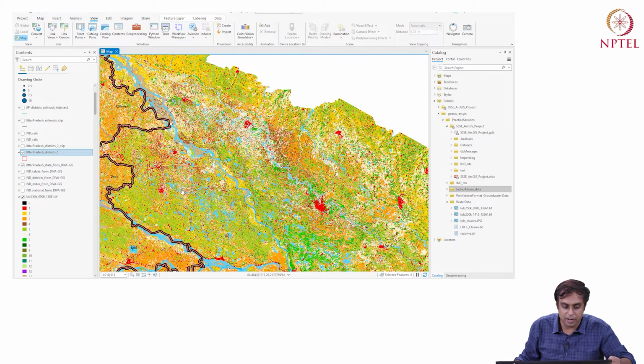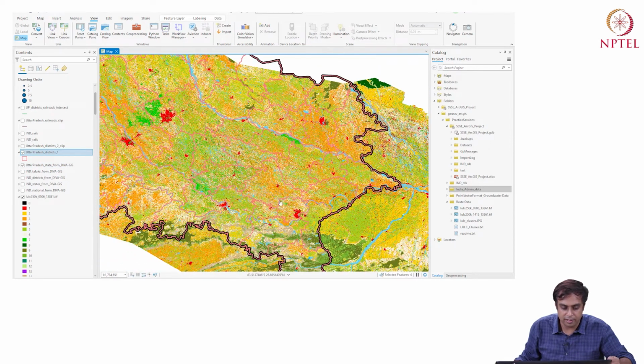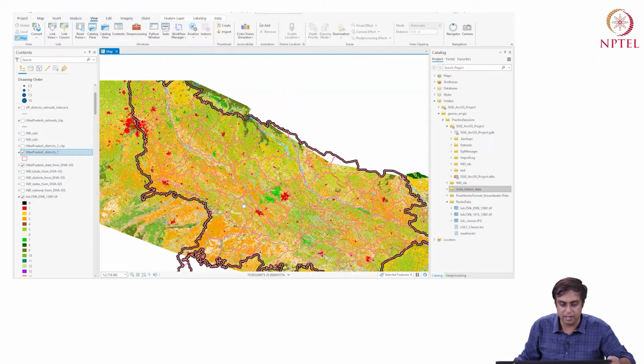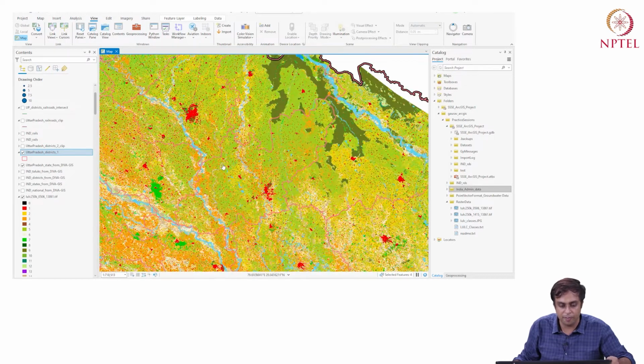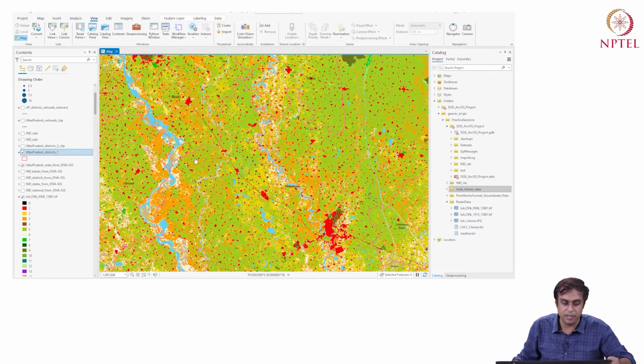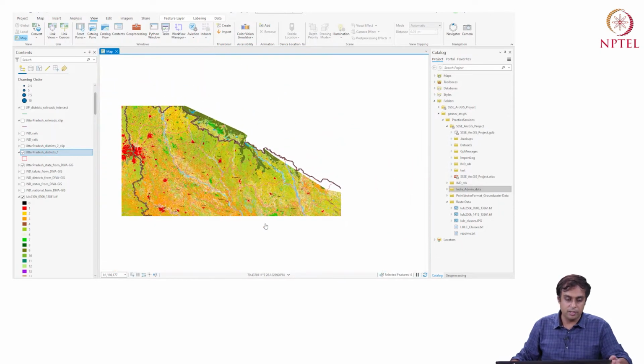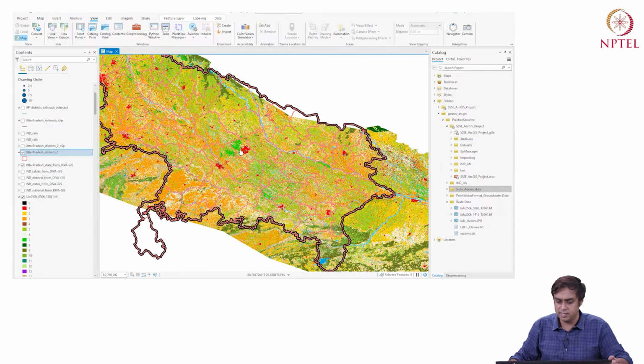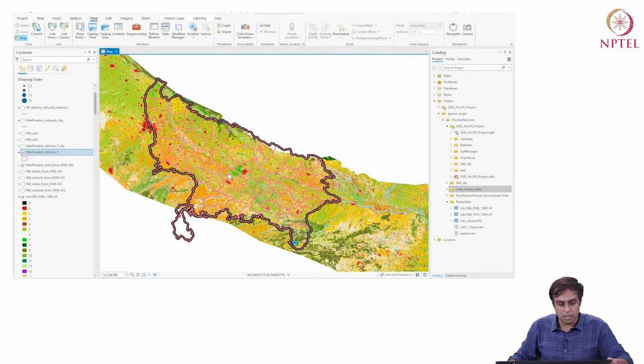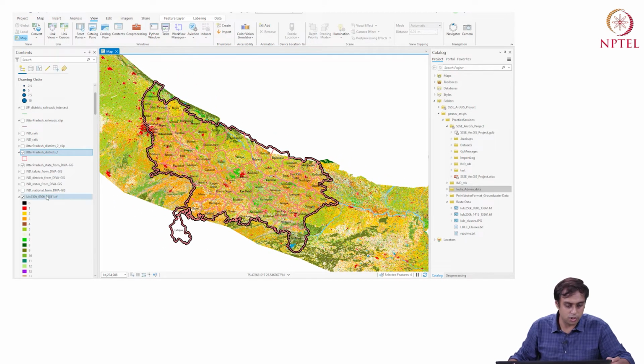Then 5 is double and triple. So this is this green. There's quite a bit of this green, by the way. So double triple cropping means the land is being cropped at least twice or 3 times in a year. All 3 seasons are cropped. That's interesting, right? So there is a lot of double triple cropping in Uttar Pradesh, which makes sense. I mean, these are good soils, very rich in natural resources, and so on and so forth.